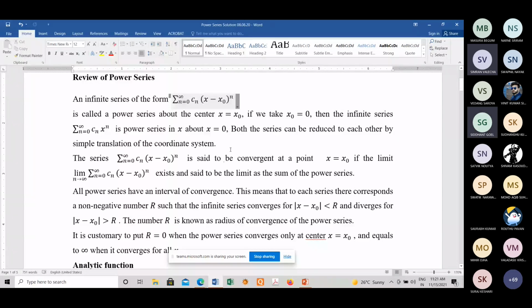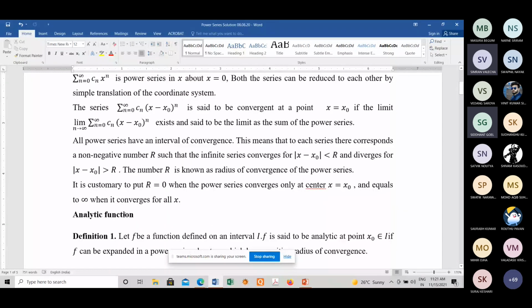Now my next point is that we are going to find the analytic function. But I asked a question. Can we find the series solution of all differential equations? No one listened to this question. You should understand, if we are going to study the series solution, then we must ask ourselves why we are going to study the series solution. Because sometimes we fail to find the analytical solution of a differential equation.